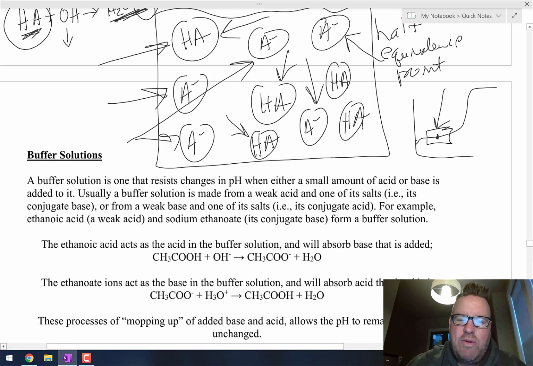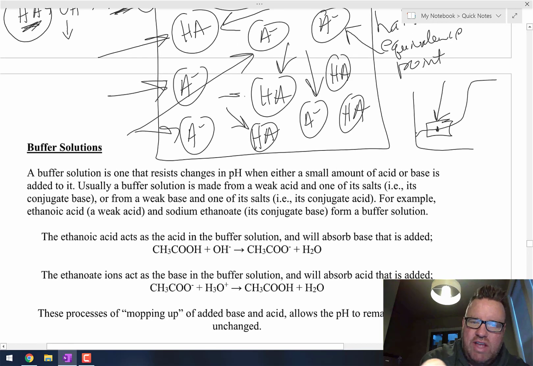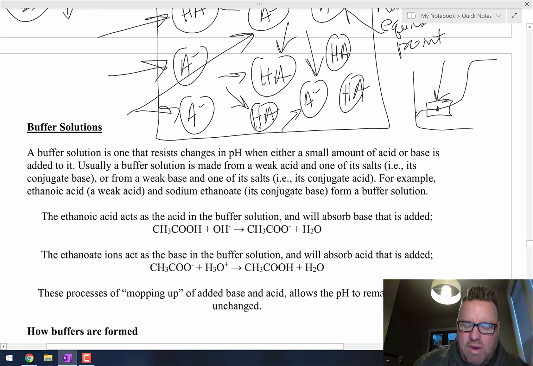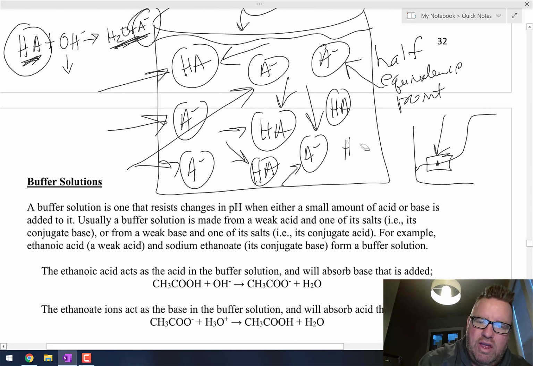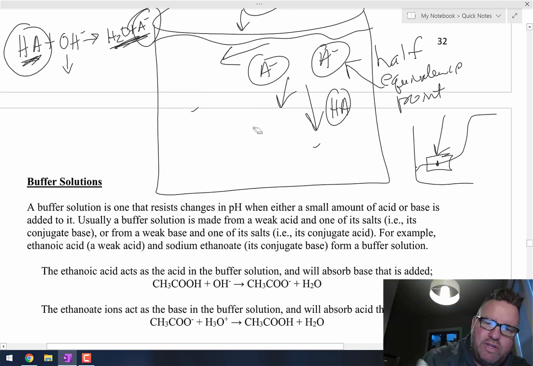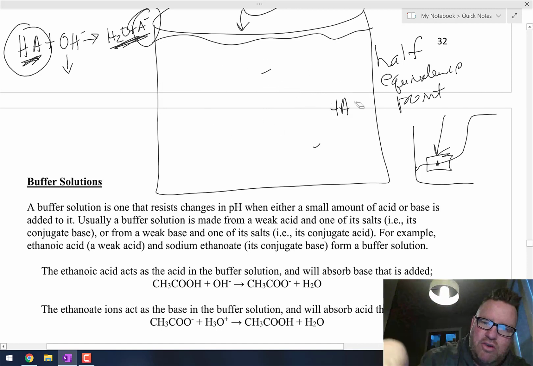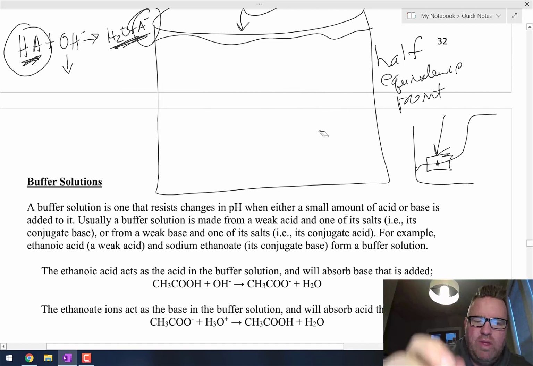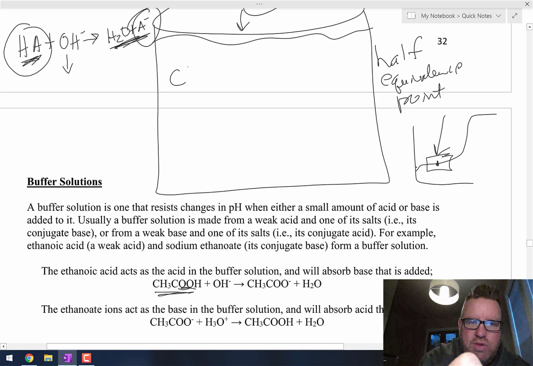Let's say you have a buffer solution, and again, obviously HA isn't a real acid and A minus isn't real. But let's say you have a real buffer solution. So let's change our buffer here to an acetic acid buffer solution. Okay, and I'm not going to draw 10 of them because I just don't want to waste your time. But here you can see it. Remember we talked about carboxylic acid. See how that ends in COOH? Okay, so we've got